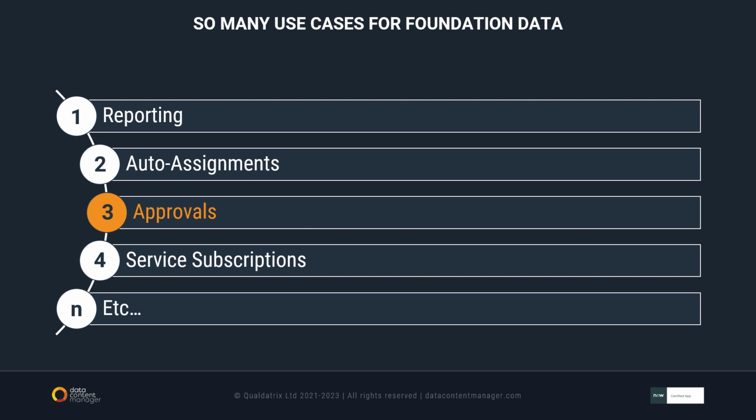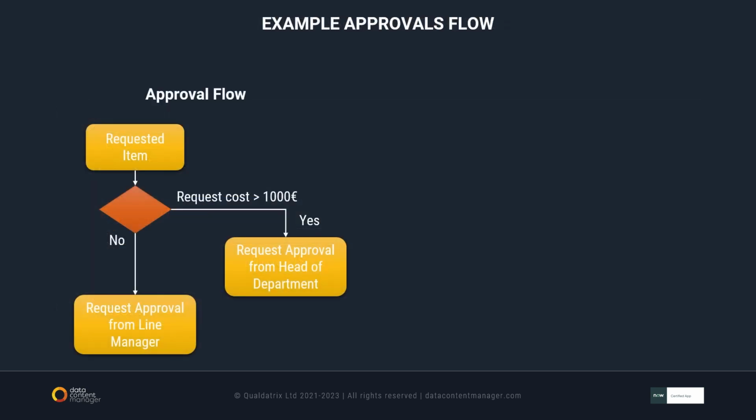Right. Okay. So you were going to talk about approvals in more detail, right? Yeah, let's talk a little bit about approvals. So here you see a very simple workflow. It relates to the request approval. So for example, we have a request to get a new laptop, and you can do that from the portal. If the laptop costs more than 1,000 euros, then you need an approval from the head of department. And if it's less than 1,000, then the line manager can do the approval for you.